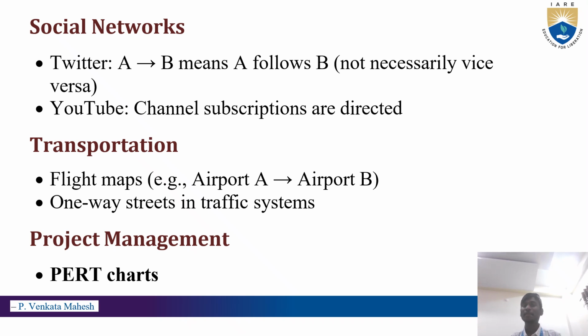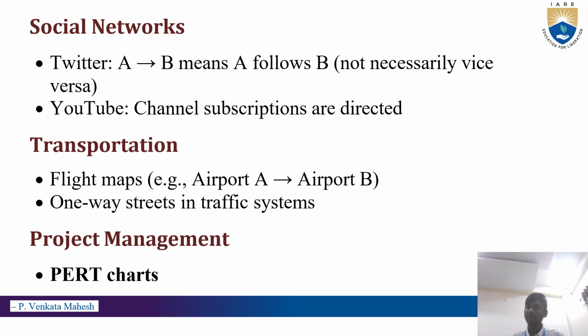Transportation. For example, you may have wondered why airplane crashes rarely occur. An airplane A never crashes into airplane B because the flight maps take control using this directed graph concept. At an airport, if there is an airplane A going and an airplane B going, in order to not clash them, the airways use a best technique, that is directed graphs. They always maintain a one-way lane direction, airport A to airport B. That's why plane crashes don't happen.